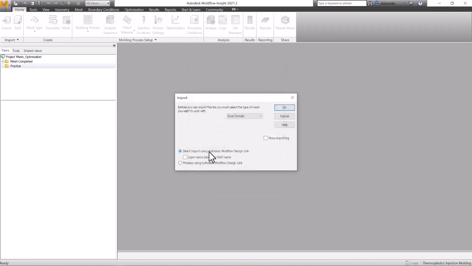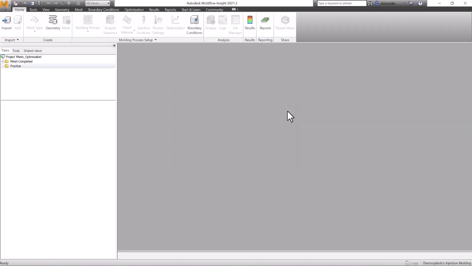For demonstration purposes, I'm going to use a solid model. Again, there is the option of layer names based on the CAD model. If you are directly using a native CAD model, whatever names you have given to the different components, particularly in an assembly, get imported as such. So with that, let's begin. I'm importing it as a dual domain model, and as it gets imported,